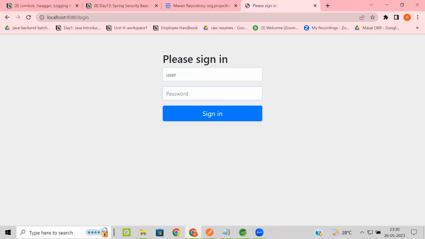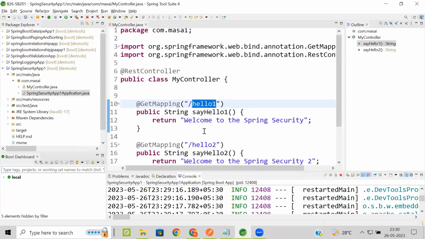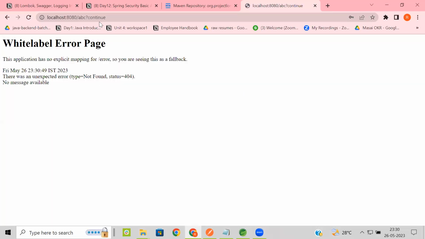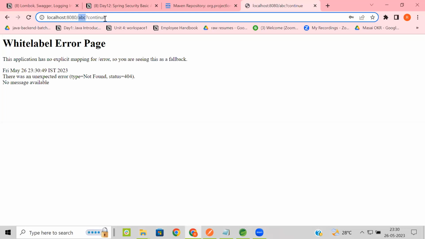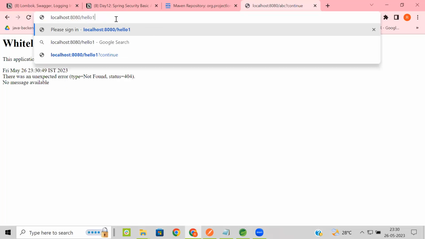Password is generated in your console. Now, you can notice in your console, one random password is generated like this. So copy this password, paste it over here and sign in. Now it is saying that, hey, I am not able to access ABCD. Now, once I have authenticated, if I try to access hello 1, boom, here I am able to